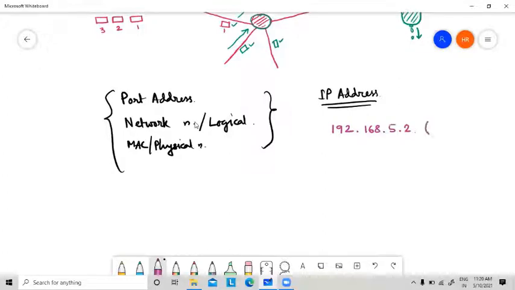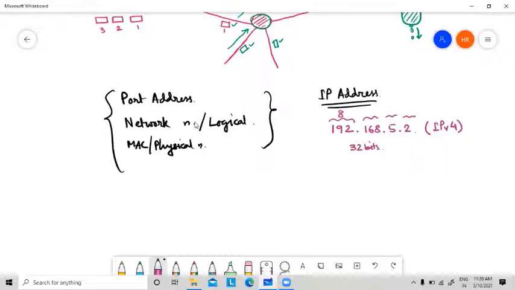Remember, this is an IP version 4 address. In IP version 4, there are 32 bits. This 8 bits is represented here, another 8 bits, then another 8 bits, then another 8 bits. So how many total bits?